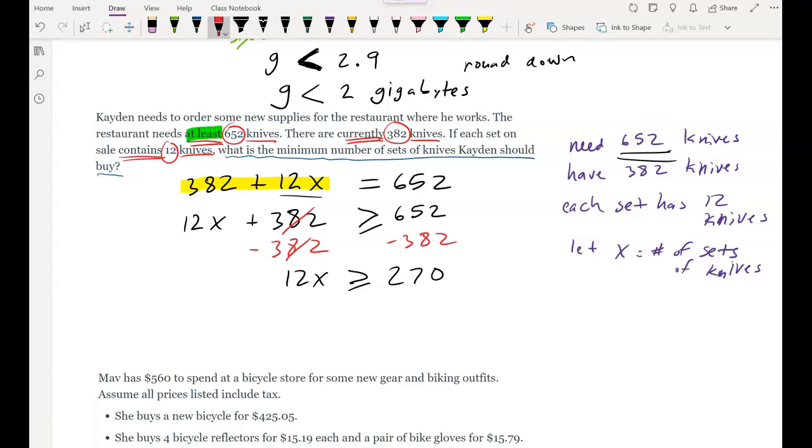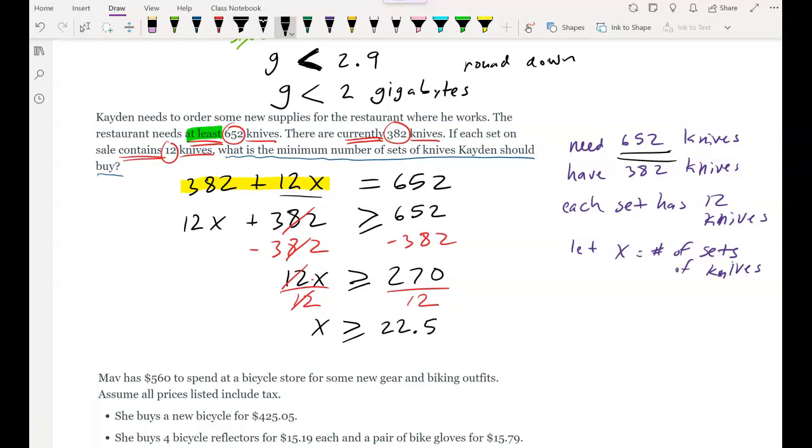And now, the next step is to undo the multiplying here. 12 times x, we divide by 12. 270 divided by 12. And remember, this cancels out on this side. So x is greater than or equal to 270 divided by 12, which is